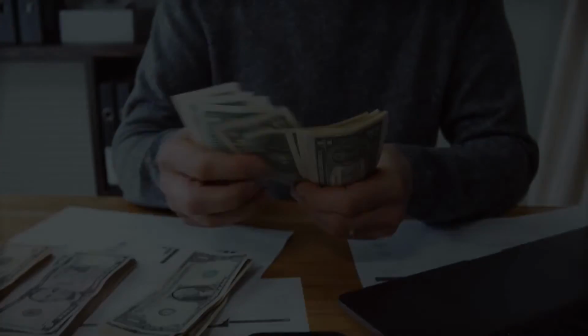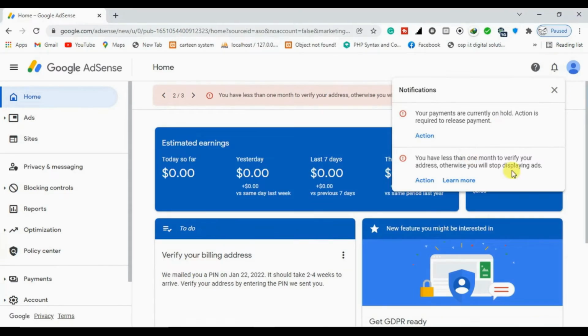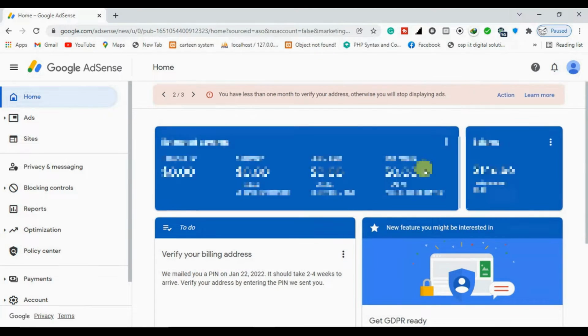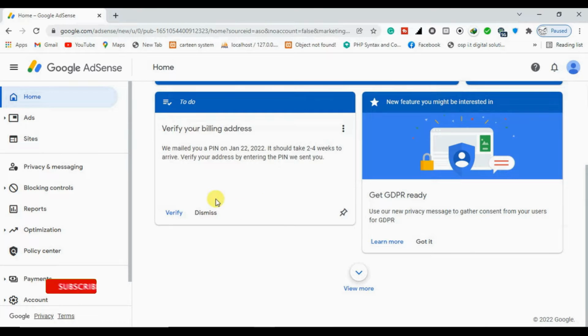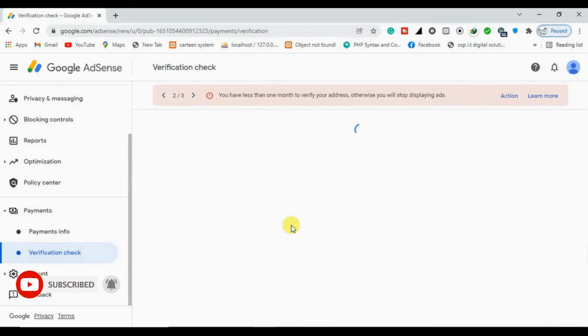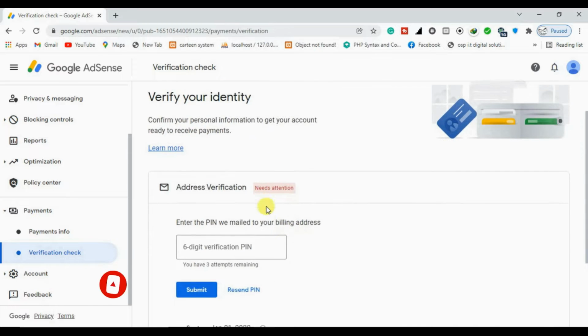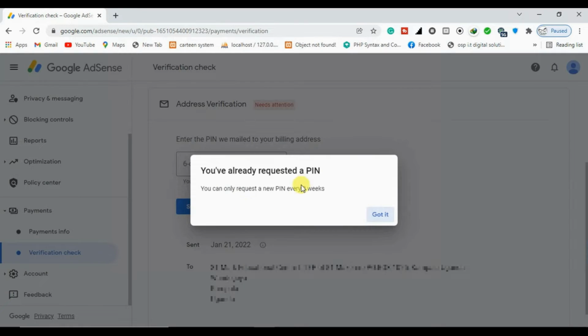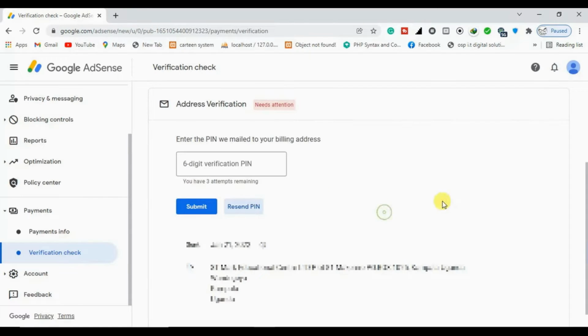And if you click on the notification, you have the same message from there, which says action is required. You have taken time and you have not received the PIN to do this verification. And if you click from here, you can see that action is required. And if you click on request, you have already requested the PIN, but you have less than a month to verify this. So what we have to do,